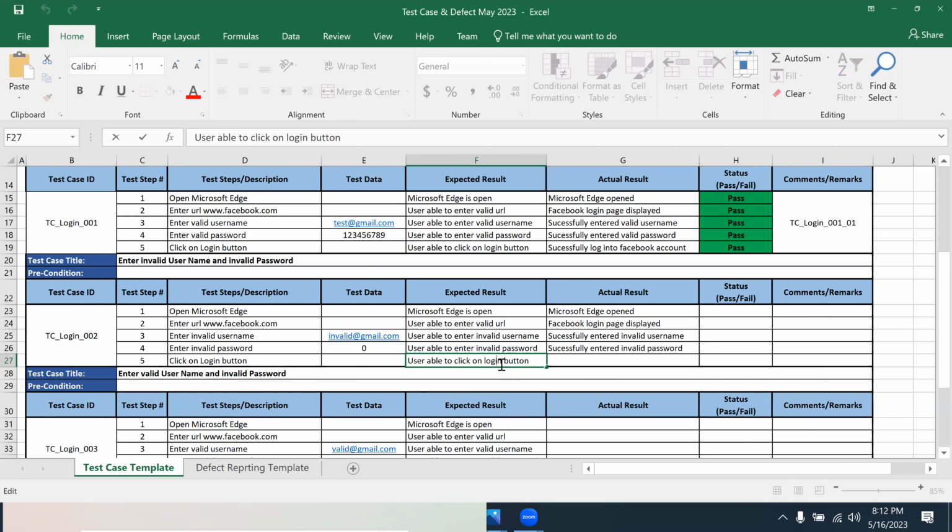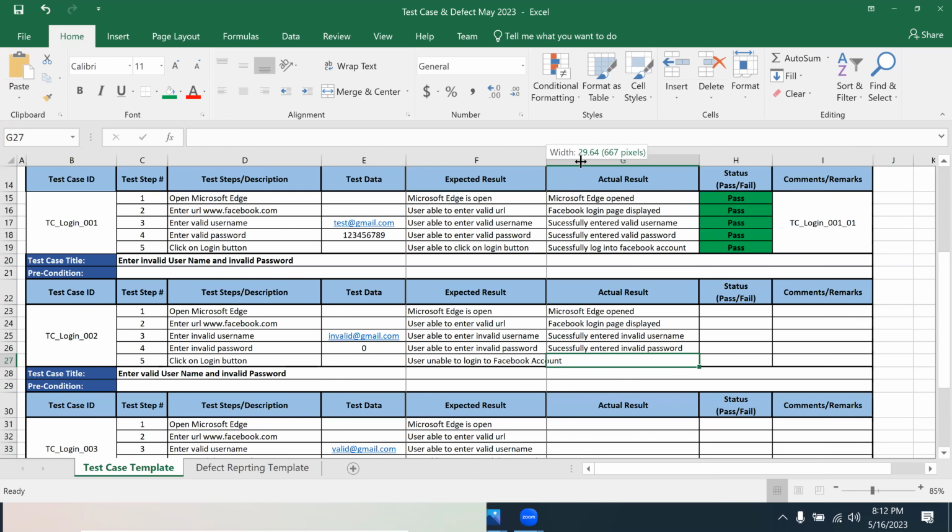My expectation here would be user unable to log in to Facebook account. Now, once I click to log in,